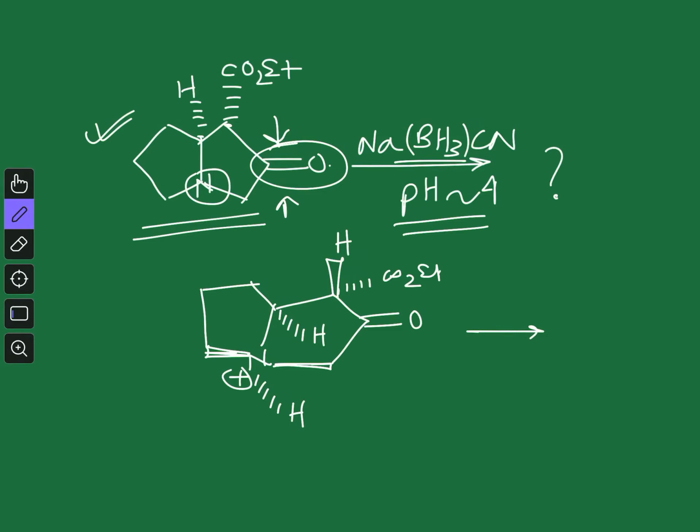Now what is meant by a convex face and a concave face? So this top face is called the concave face and the bottom face is called the convex face. To remember this, you can remember the shape of the letter K. This inner face is called concave and the outer face is called convex. Similarly you can compare this structure with K, that is this inner face, the top face, is called concave and the bottom face is the convex face.